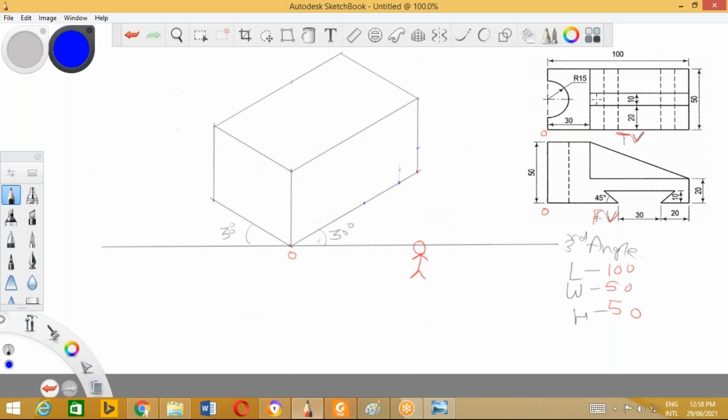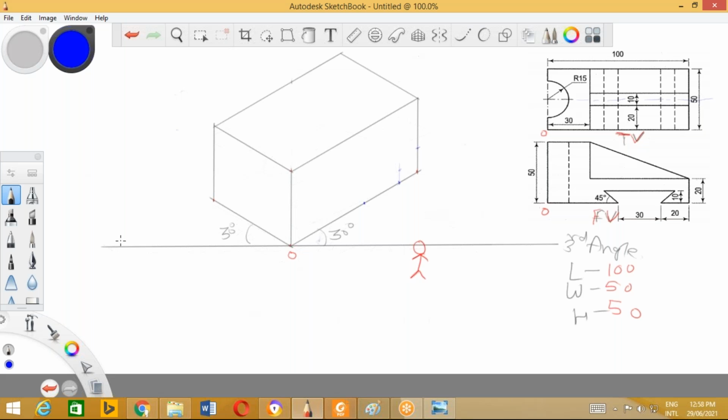Now you can see, if we look from top and cut this object in the middle, we'll have two equal halves. So we can have a line of symmetry over here. By taking this advantage, I'll draw a line of symmetry. In the same way, in side view also we'll see the line of symmetry.